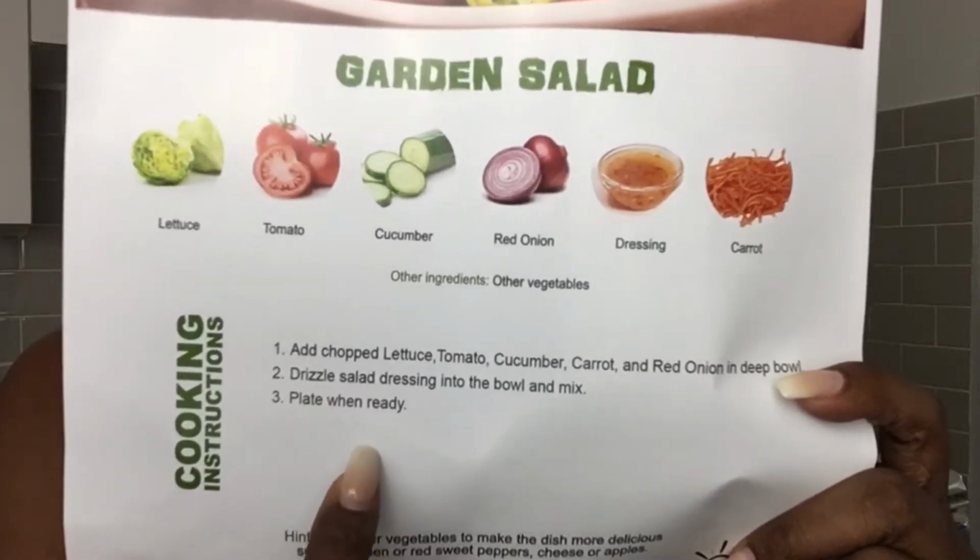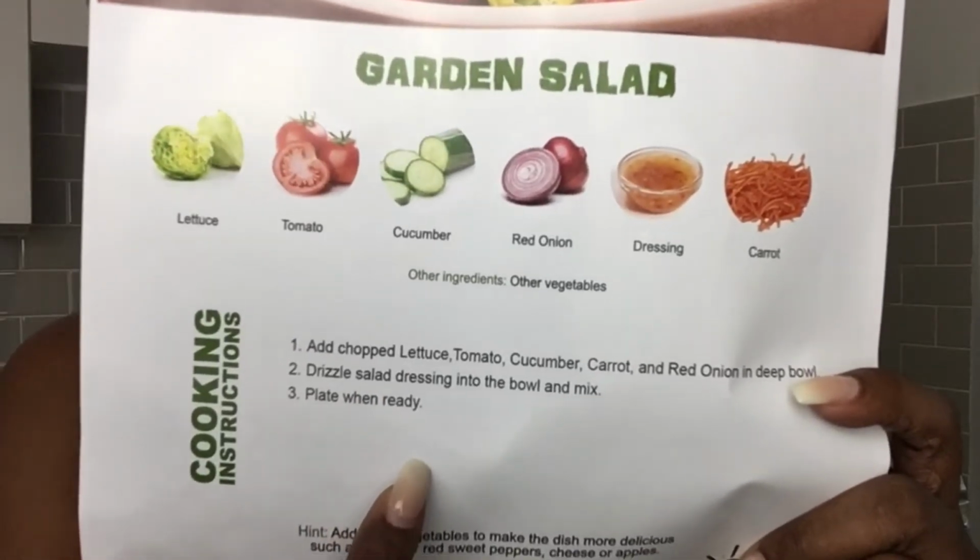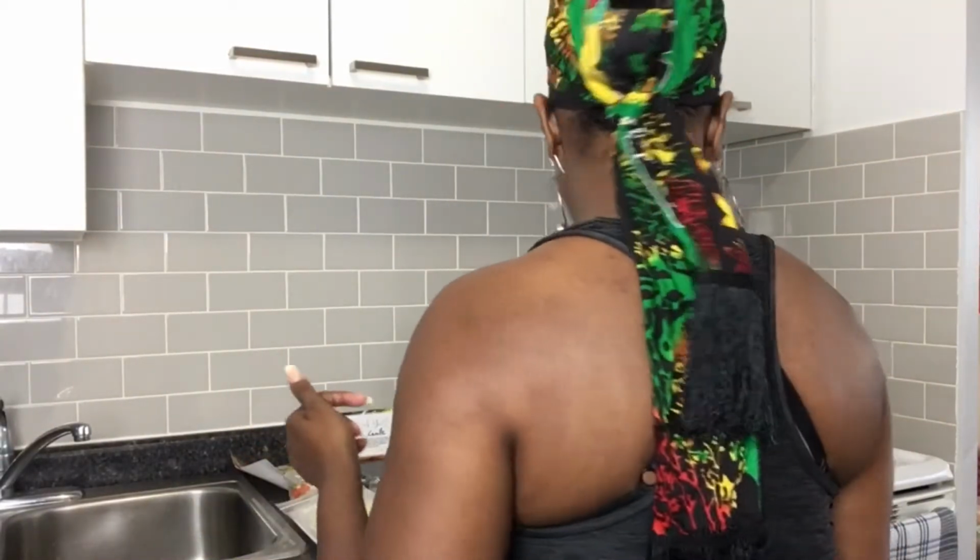I'm going to follow these instructions, even though salad is salad. You know, how can you make a mistake with salad? You just fling things in one bowl, eh? But I'm gonna follow it. We're gonna see how this goes. One thing you gotta do is put on glasses if you can't see like me. I'm getting older, so my sight is not how it used to be. So I need to be able to,